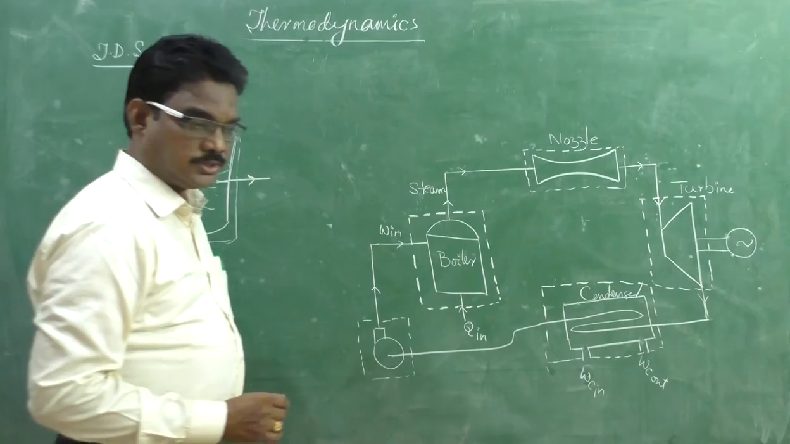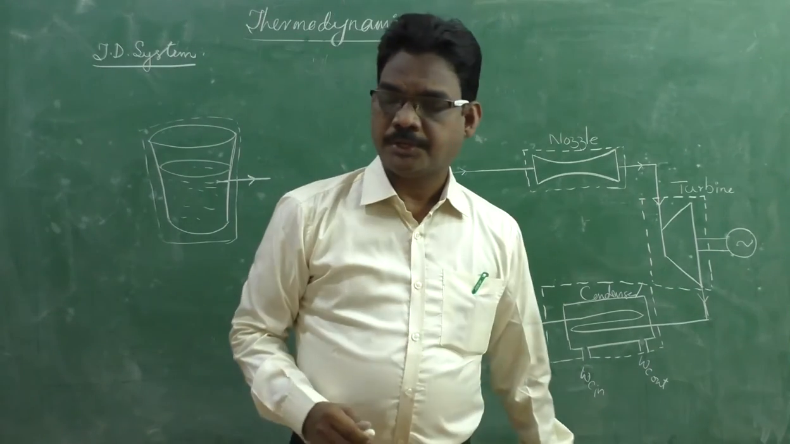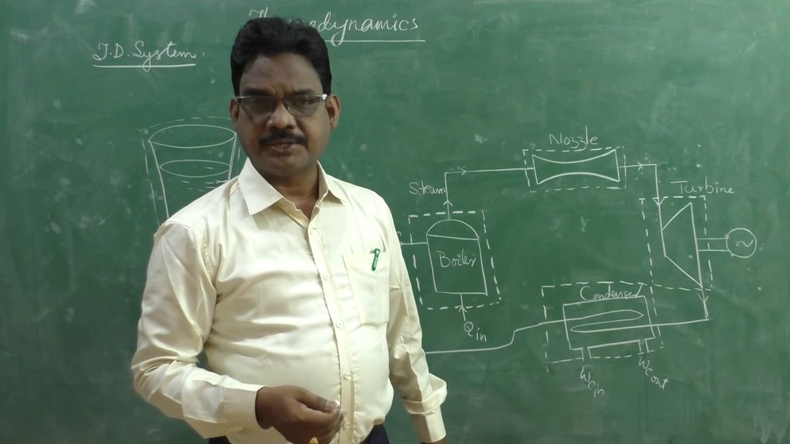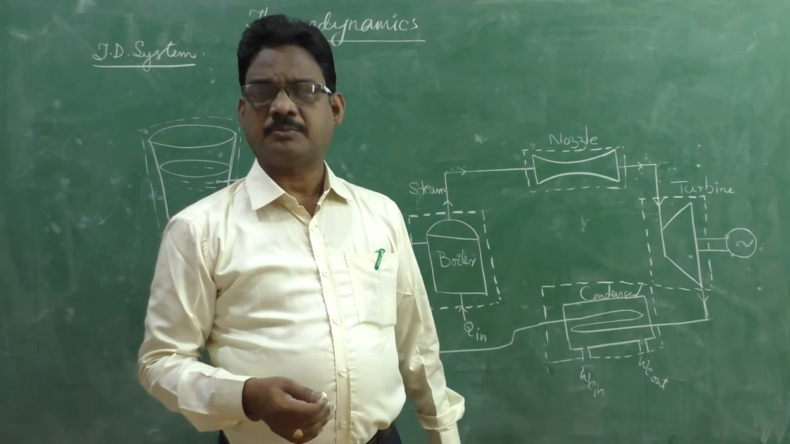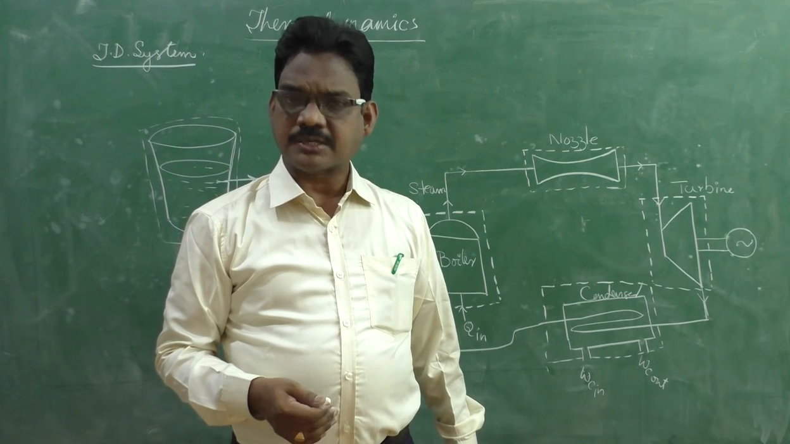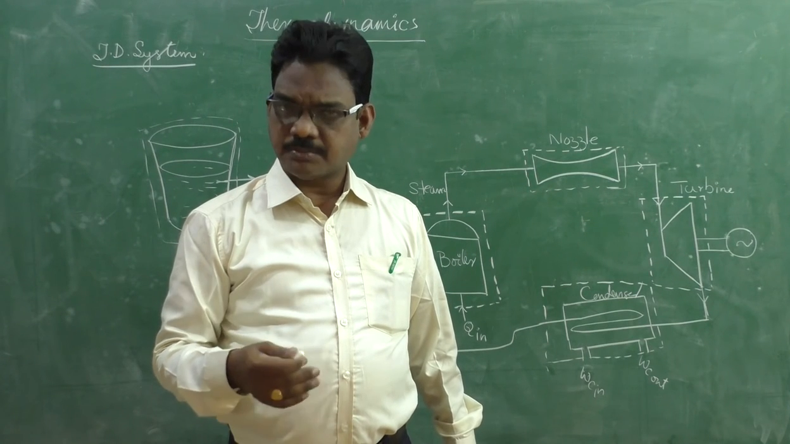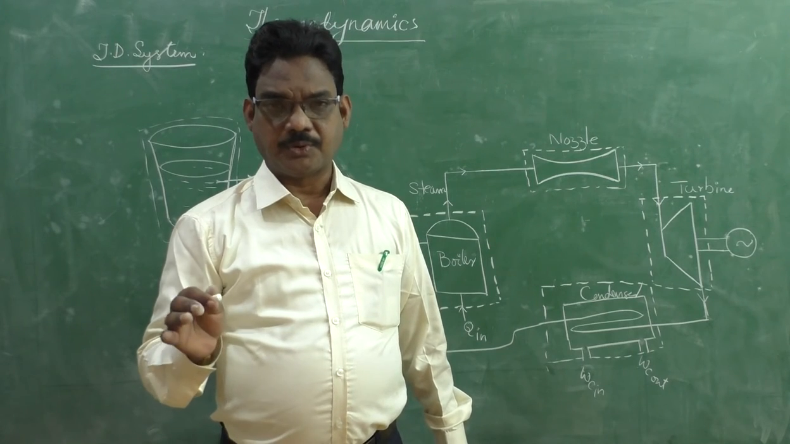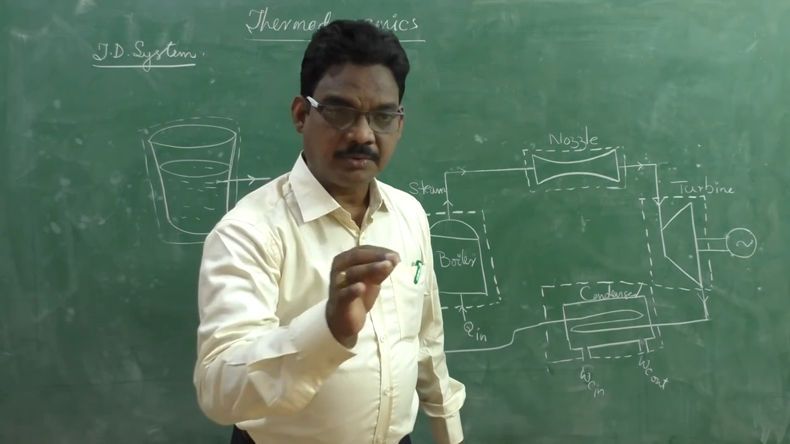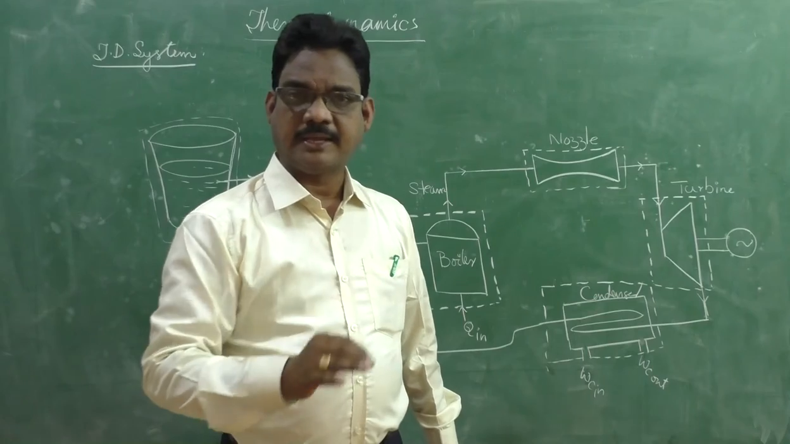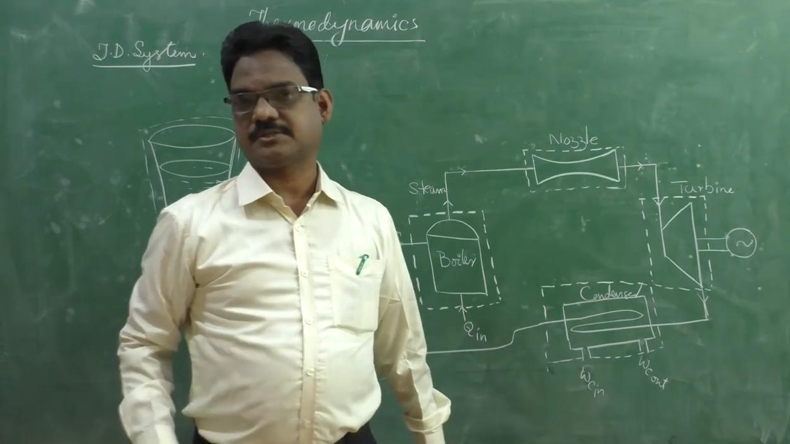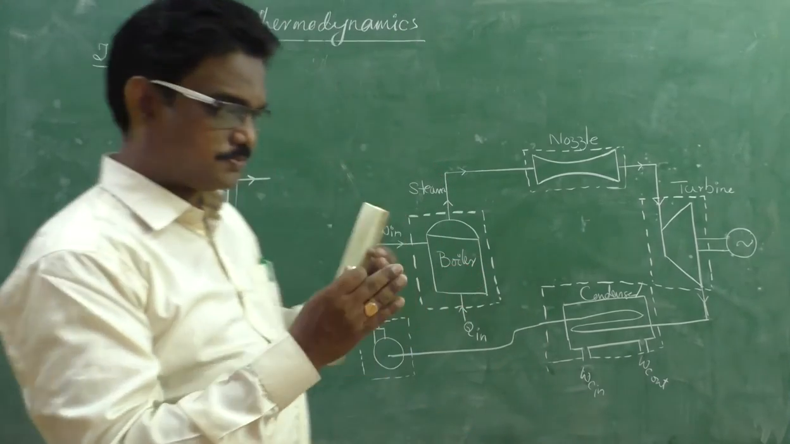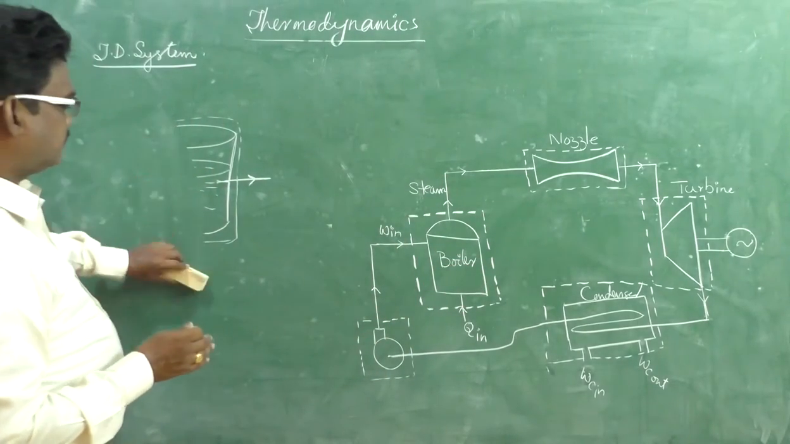Okay, now a student may ask one question at this juncture. Is the boundary of a thermodynamic system constant? No. The boundary is an imaginary boundary, an imaginary line, an imaginary surface. Okay? It is an imaginary one which separates the surroundings and the system. Right? Now,